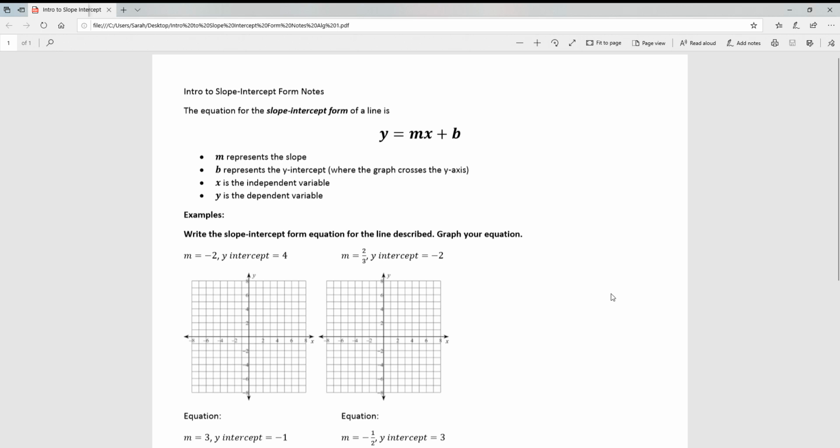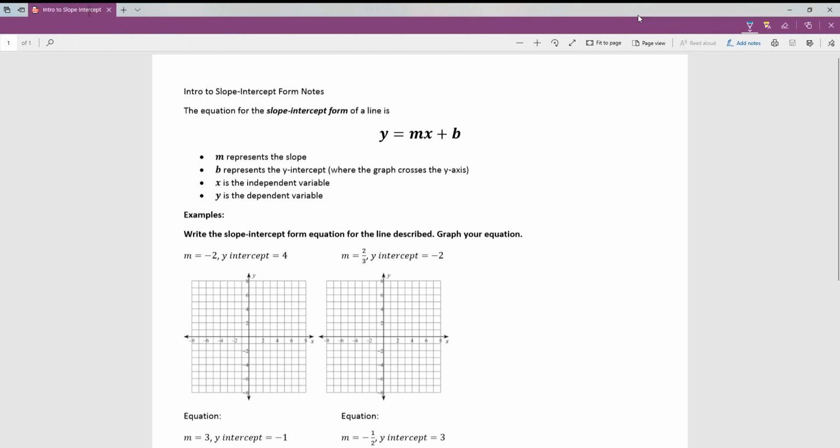Hello, today we're going to be looking at slope-intercept form of a line. The slope-intercept form of a line is just the way we write the equation of a line. There are different formats, but the one we're going to focus on is slope-intercept form. It gets its name because by looking at this equation right here, we can easily tell what our slope and